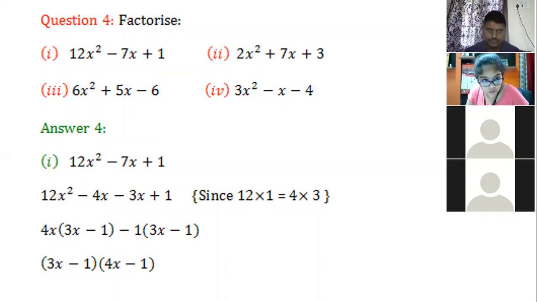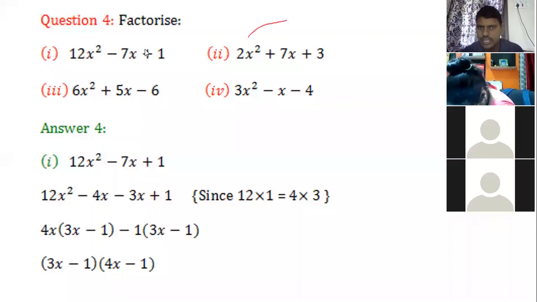The fifth question is also the same. No, the fifth question is totally different. Because if I start it, it will go to the next class, that is only starting. That is the 4 marks question, important. Split the middle term in the second question, sir. Second, it will be plus 1x plus 6x. So 2 3s are 6. So plus 1x plus 6x. Yes, 6 1s are 6.